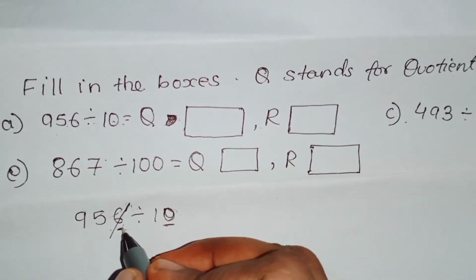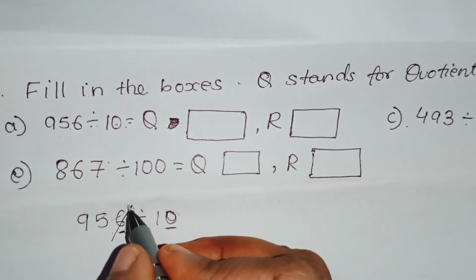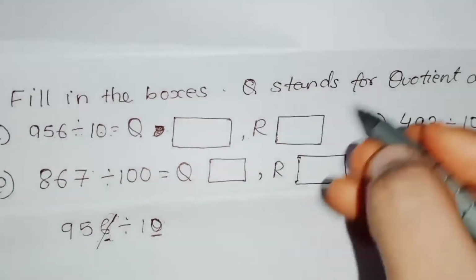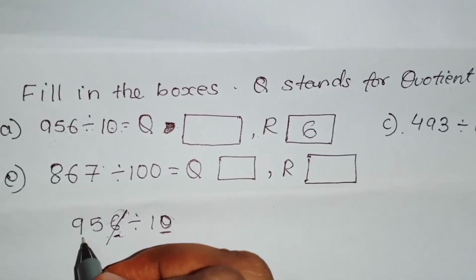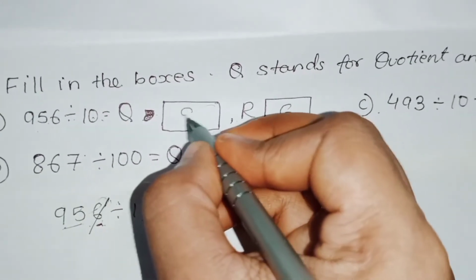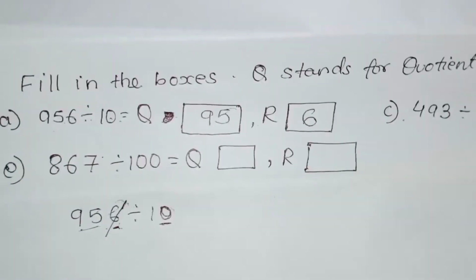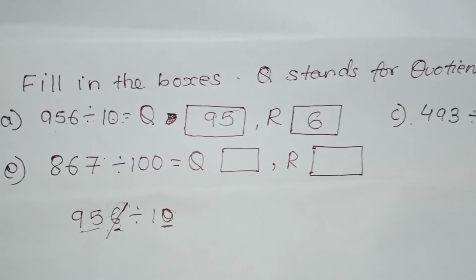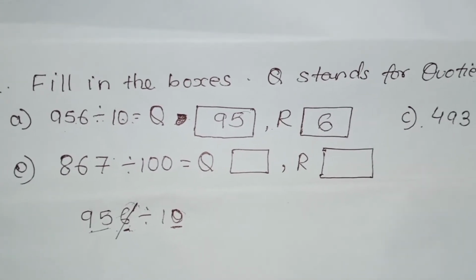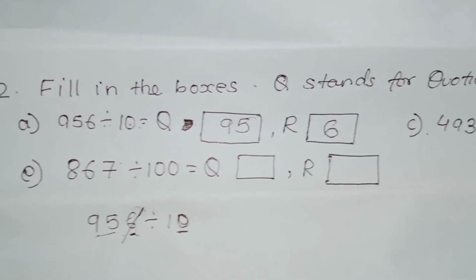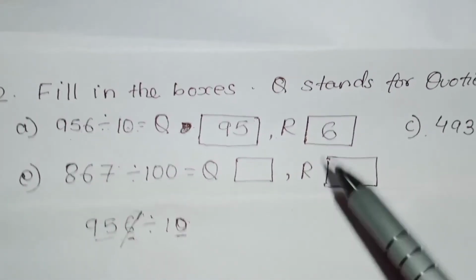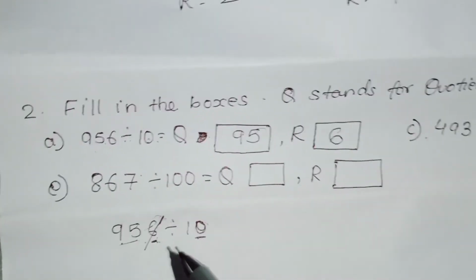Okay, so we will cut only one number, and the number which you will cut is your remainder. What is it? It is your remainder. And the numbers which are left is your quotient. Very simply I have done this now. So again I will tell you, you will do this only when it is divided by 10, 100, 1000 and so on. Don't apply this method, where I said to cut the number, when the divisors are 5, 6, 7. Don't do it in that case.